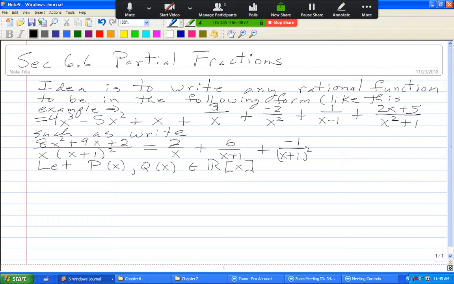And suppose the degree of P is less than the degree of Q. If it's not, then you just divide and look at the remainder term. Okay. Then